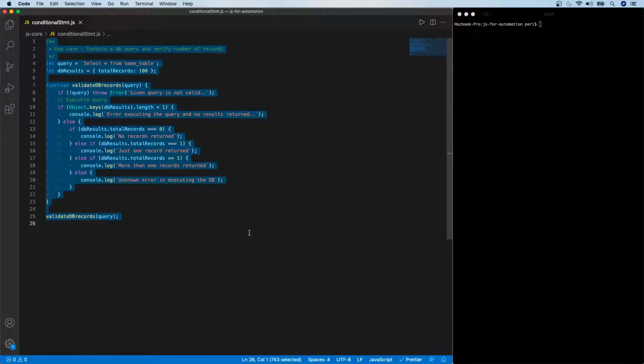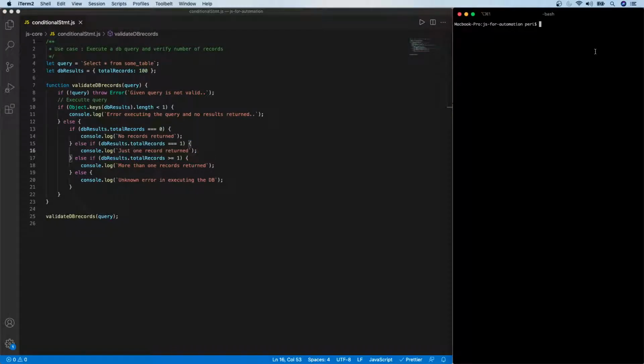So by now we have understood how we can make use of the different blocks of code. Now let's execute it and understand one by one. The first thing is, in a positive case, if I execute at this point in time, it's going to complete, and which block will be executed? Because this is returning more than 1, we are expecting to see this one. So now let's run it and see. Let me see whether I'm in here. Yes,